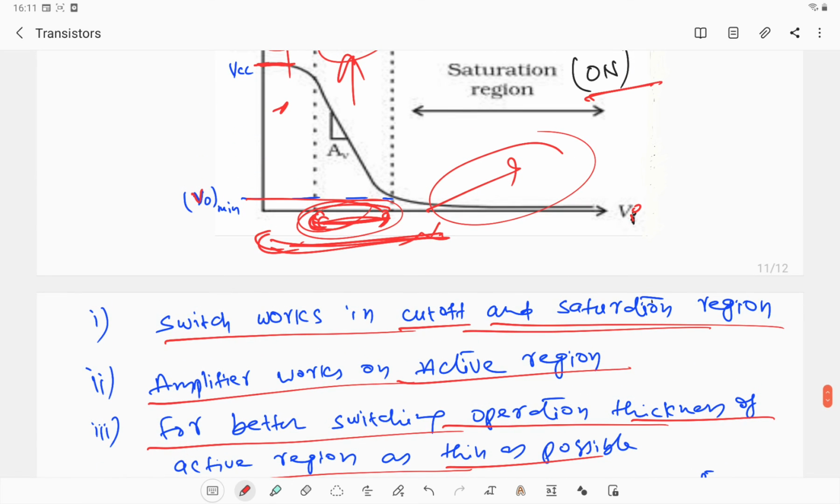Before this, transistor acting as an amplifier. This is about transistors: different types of transistors, PNP and NPN transistors, working of transistors and configurations: common base, common emitter, common collector, and input characteristics and output characteristics in common emitter configuration. Common base configuration is not that important. Common emitter configuration is important, with its input and output characteristics. Another one, transistor as an amplifier and transistor as a switch. Thank you.